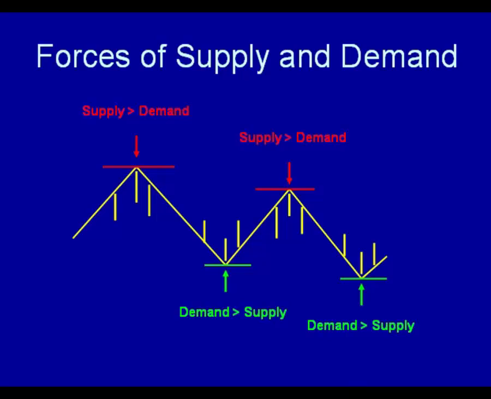So, pivots. We talk about how they're turning points. They're basically forces of supply and demand. Pivot highs, pivot lows. Since they're turning points, that's where the balance changes. We can go into the reasons why, whether demand is there or supply is there, or demand dries up or supply increases or dries up. But to keep it simple, it's the point where the balance of supply and demand equalizes temporarily